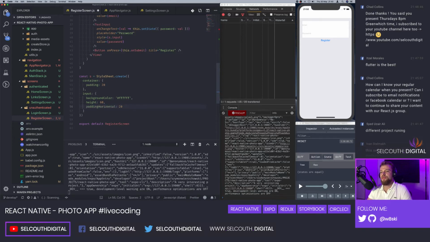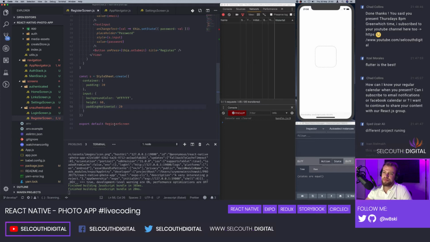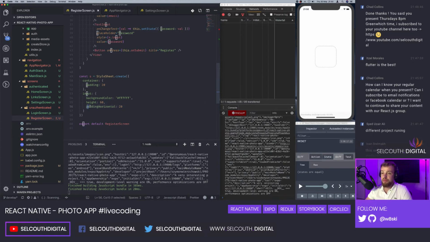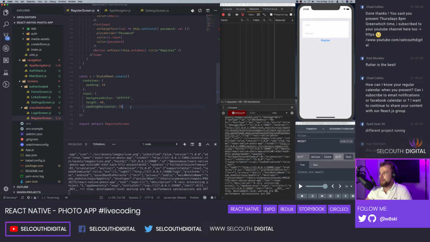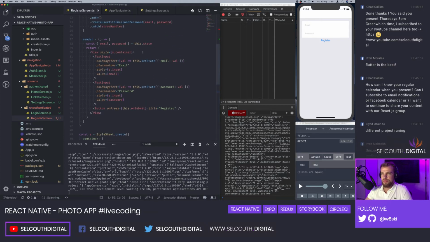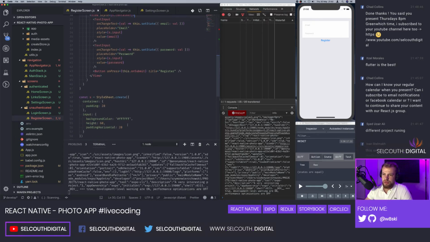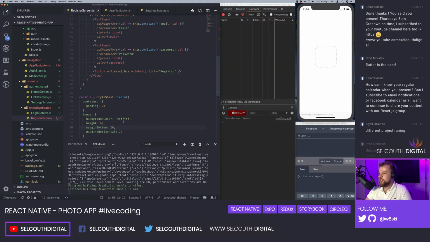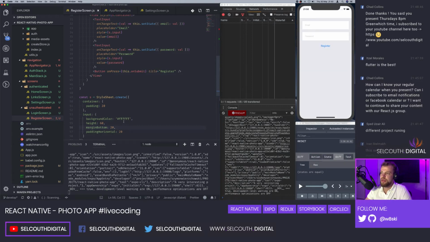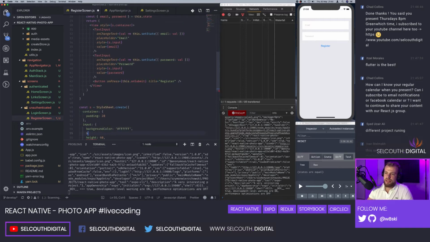There is that cool thing in React Native where you can define padding horizontal or padding vertical. Quite like it. And we're going to add the margin bottom equal to 20 as well, just so we have some nice spacing in the middle. Okay, and the border width,